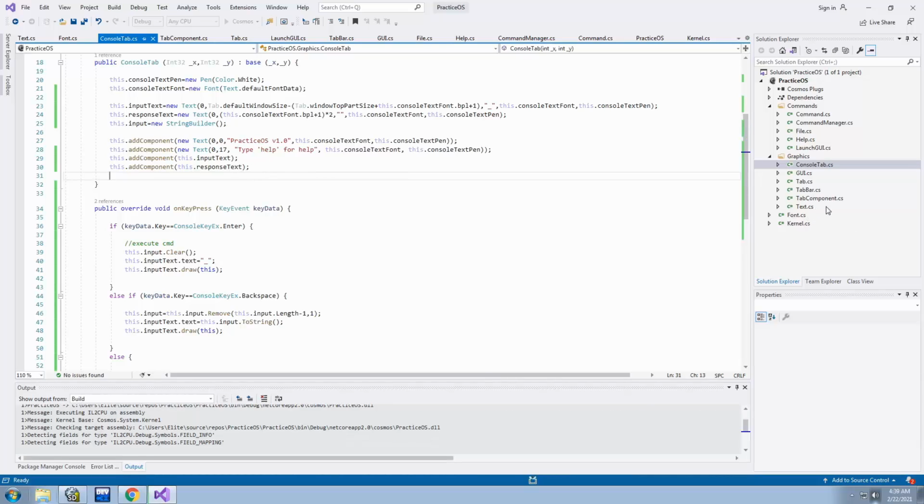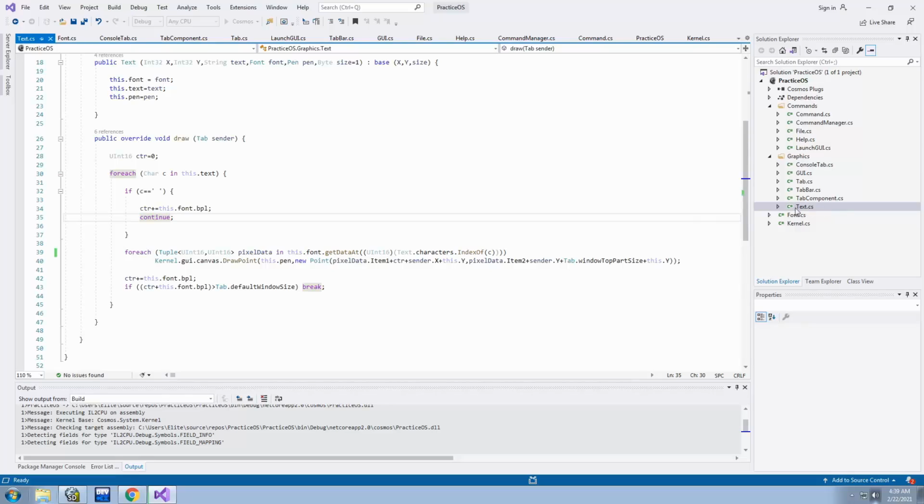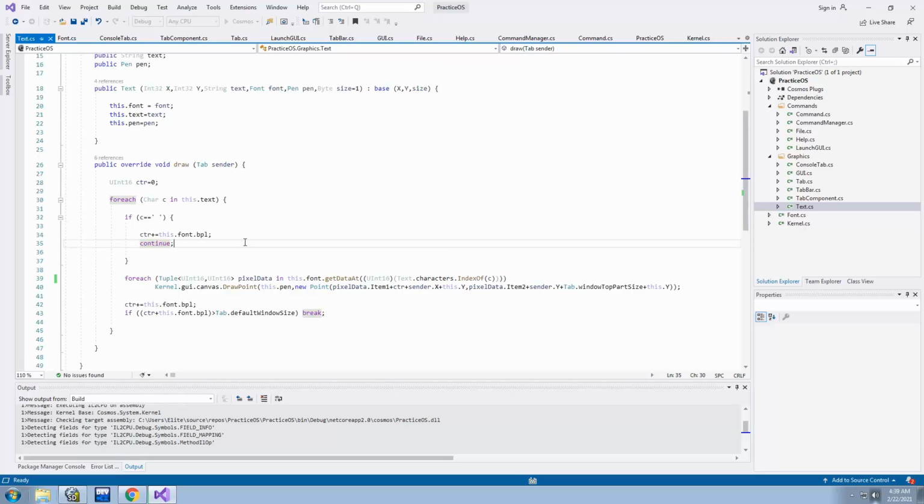But anyway, now to fix that, that backspacing doesn't actually get rid of the character. What we actually have to do is, it's gonna be laggy. Not really laggy, but pretty laggy. And what we have to do is save all of the pixels so that we can redraw this every single time. So we basically have to clear the text and then redraw it. And the way we do that is we go up here,